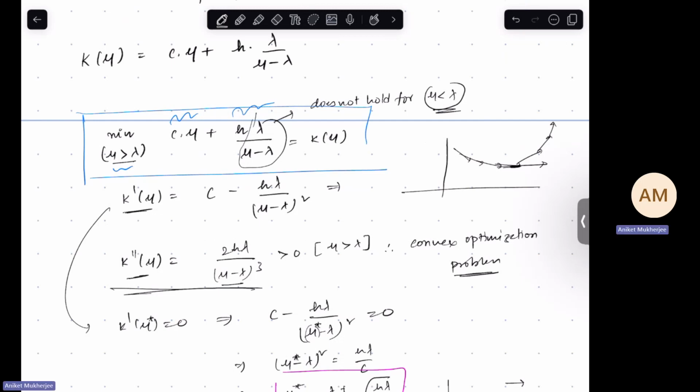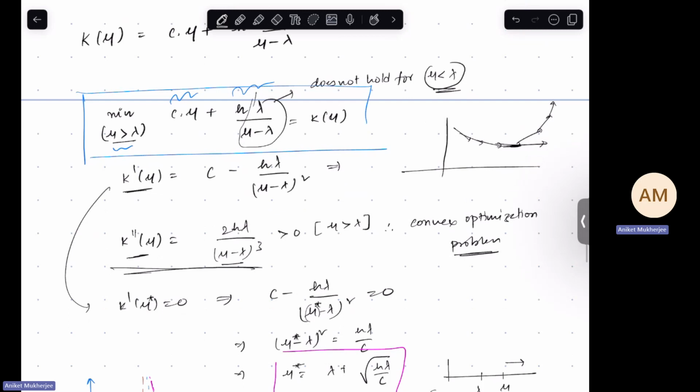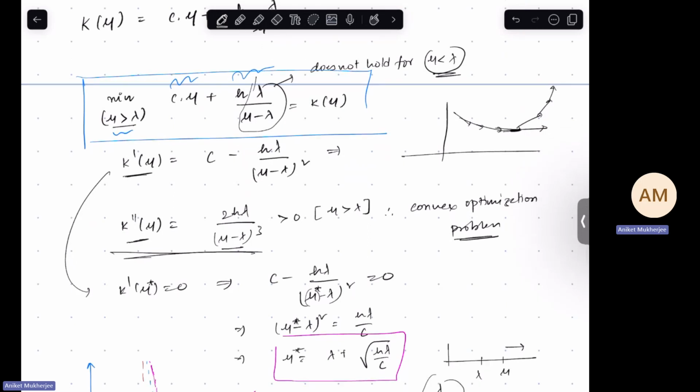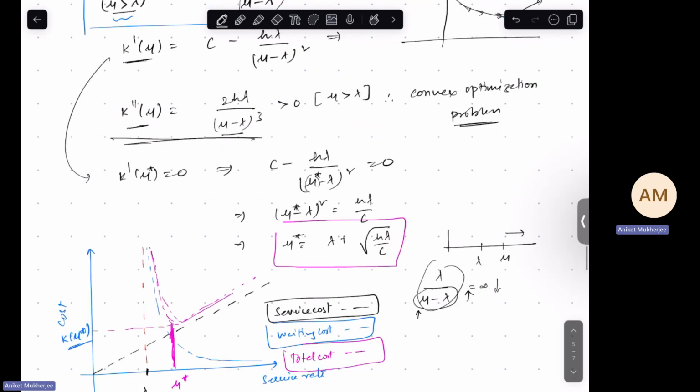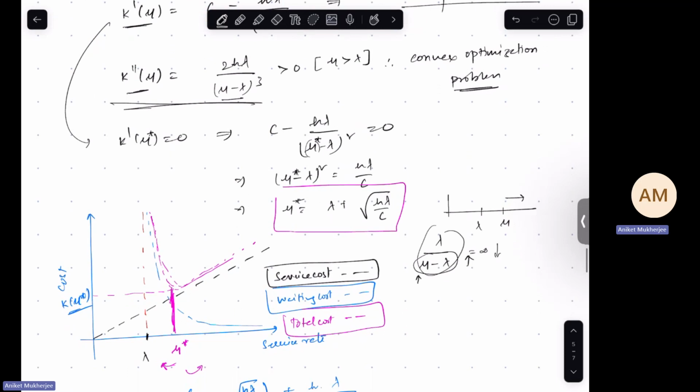and before equating it to 0, we check whether the problem we are solving is a convex optimization or not. So we take the second derivative and see that it's greater than 0 for mu greater than 0, which is our constraint set. So we are safe. In the region mu greater than lambda, we are in a convex optimization problem, and equating the derivative to 0 gives you